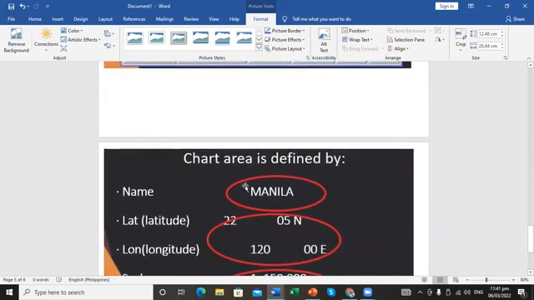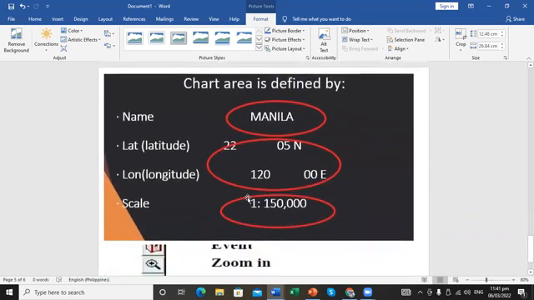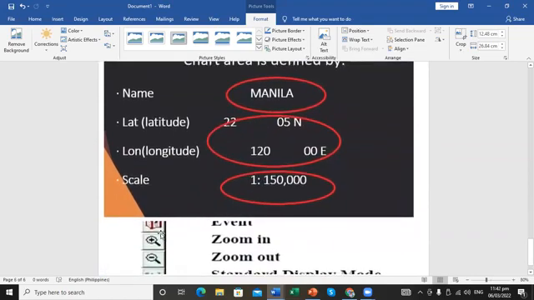You must manually type the name of the area, for example Manila. You put the latitude and longitude. For the scale, it will change if you zoom in or zoom out of the area, so it will automatically change the ratio or scale of the chart.